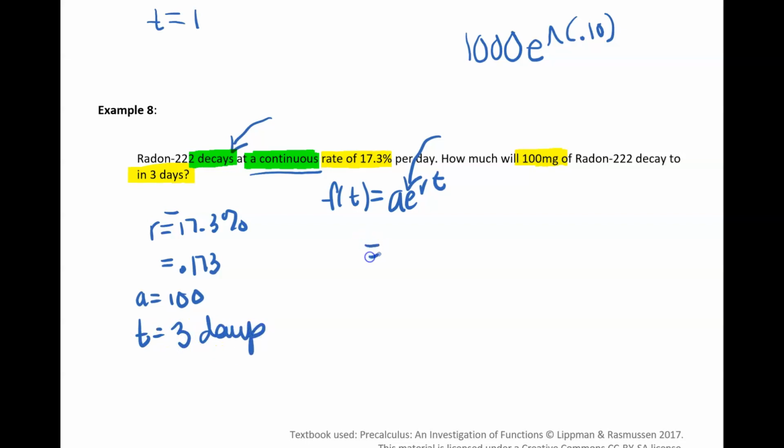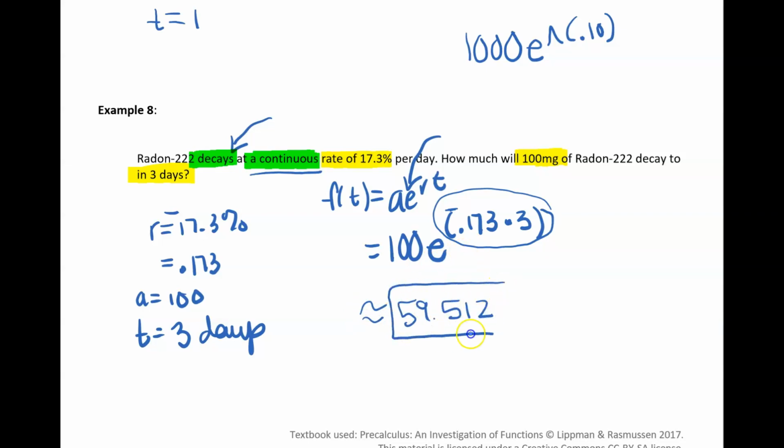So my initial amount is 100 e to the, my rate is negative 0.173 times t, which is 3. And don't forget our negative because it's decaying. I would plug this exponent part into your calculator and get that value, and then do 100 e to that value, and you're going to get approximately